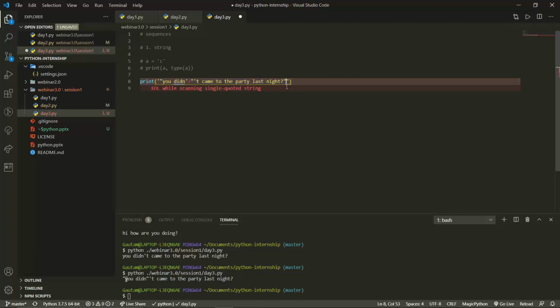So again, we need to concatenate the string and write it out. This is how you need to do it every time. For example, we'll concatenate it over here and start it with a single quote and end it with a single quote right over here. So now we'll get the double quotes in both the things.